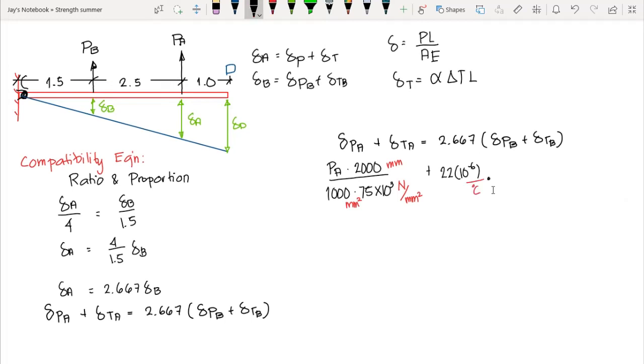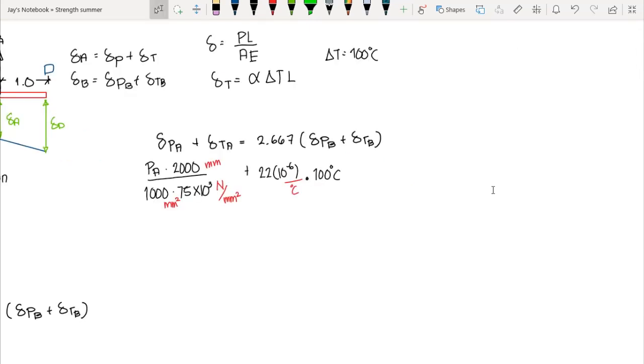Since our temperature increases 100 degrees Celsius, we have 100 degrees Celsius, times the length of our aluminum bar, that is 2,000 millimeters. So we can cancel out the degrees Celsius, correct? And the remaining would be millimeter, that is the unit of deformation for our change in temperature. Let's continue. We have equals